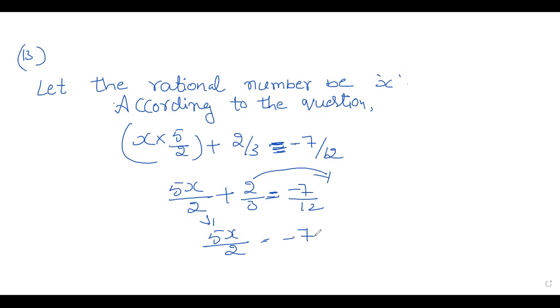What do you have on the right side? That is minus 7 by 12 as it is. I have written minus because when you transpose from left to right or right to left, the signs will be changed. That's why I have put the minus sign here. That is equal to